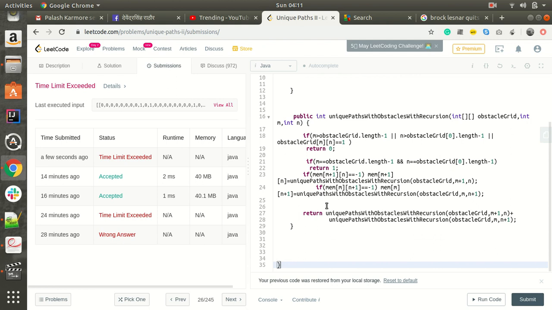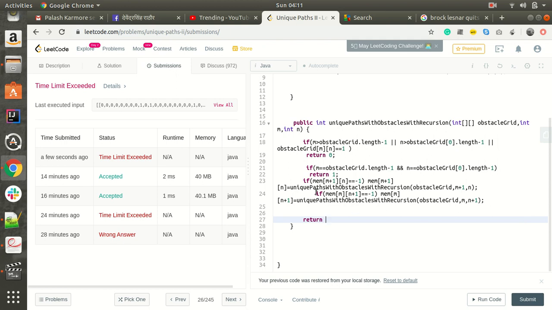Okay, so now what we can do is check for -1 only. Earlier we were returning the function calls, but if this memory has a value, it means that the function was calculated earlier, so we don't need to recalculate it. Or if it was not calculated, at that time it will be -1 and it will get calculated and stored in that memory location. So we will now return the sum of these two conditions.